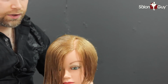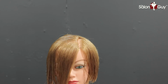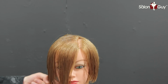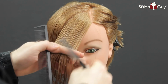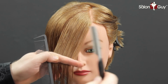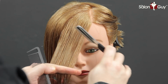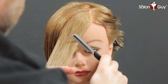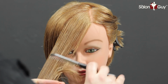All right, now we're going to work towards the front, and as you saw, she had this angle coming all the way up here, working in through this longer piece right here. So for the very front section, you saw she had it coming up here and then sweeping down. So I'm actually going to use a feather razor for this, and what you want to do is just figure out wherever you want to start it. So let's say right here, and then we're just going to work our way down in through the front,